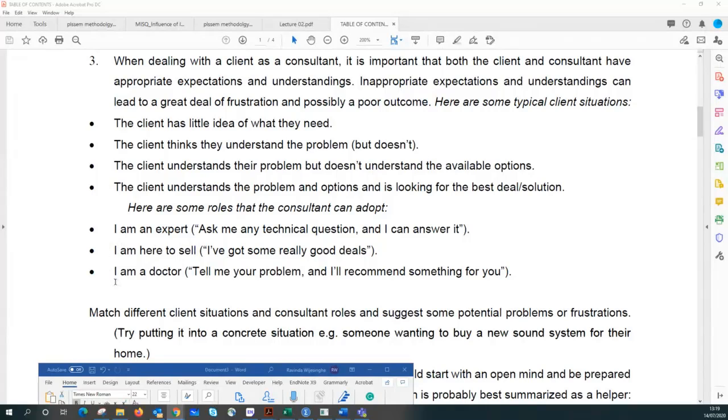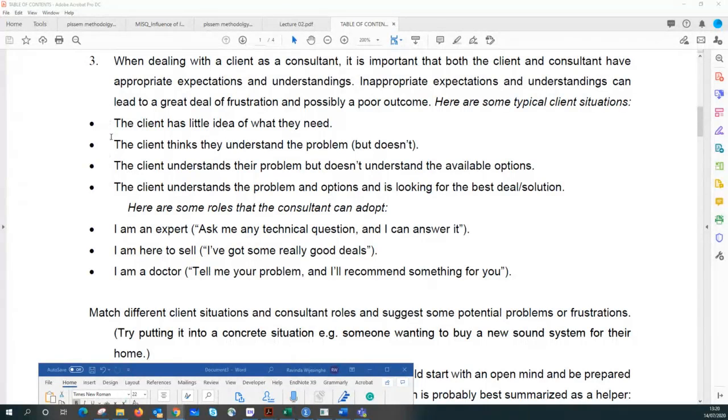Or this is what I actually like, doctor, right? So the doctor is the person who is first a problem solver, right? They want to solve the problem, dig into the problem, try to break down the problem, and then recommend a solution based on the problem. Okay, right. So how are you going to match these things with the client situation? Now, if you think about